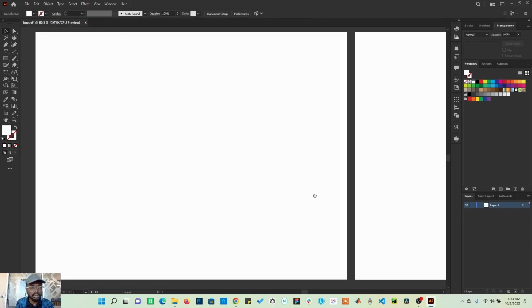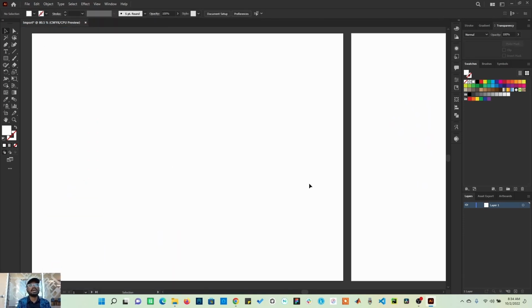The next thing I'm going to show you is the third way of importing something. Say you have this illustration. Let's say you do something and you want to import it in Adobe Illustrator to begin to sketch. The best way of doing that is to import as template. Now when you import as template and the object comes into this particular interface, it fades it away, makes it so transparent, and it loses some detail,